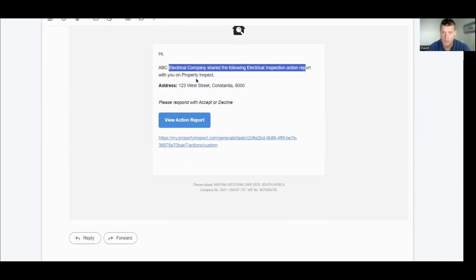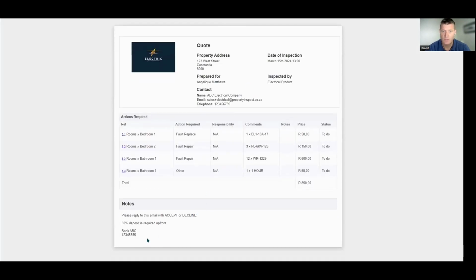It would say quote over there for the address. Please respond with accept or decline. And they would be able to click on this to view their action report or their quote. And again, it would look a little bit like this with your customized notes at the bottom over here. They can see all the individual line items, and they can simply respond to the email